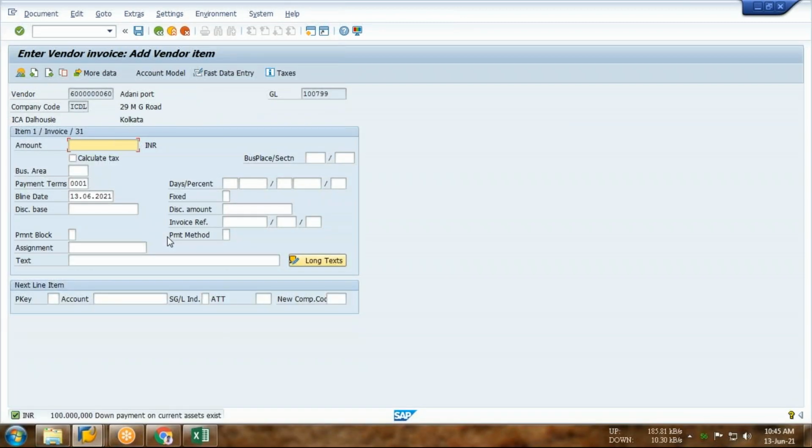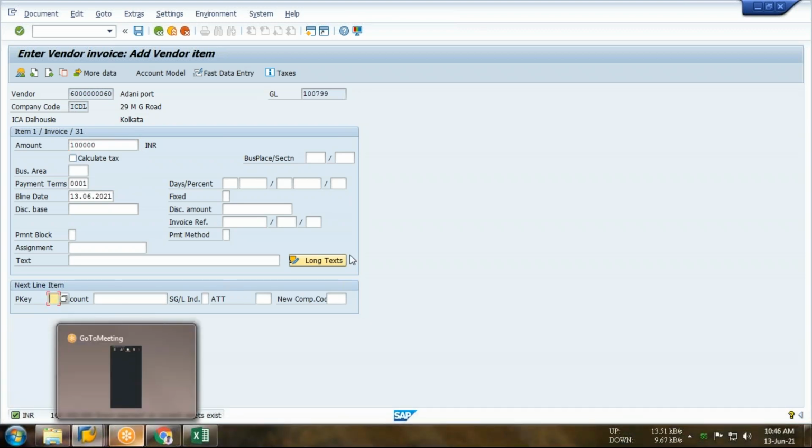Enter. So in the next page, you have to put the invoice amount. Remember, you can see 1 lakh you have already given as an advance, so you are getting an indicator. Our first scenario is I have made an advance of rupees 1 lakh and I am receiving the invoice amount of rupees 1 lakh. So equal amount of advance as well as invoice. In this next line item, you have to select posting key as 40.